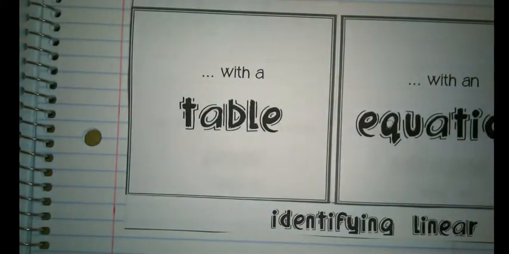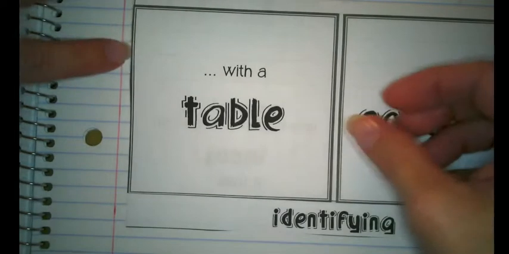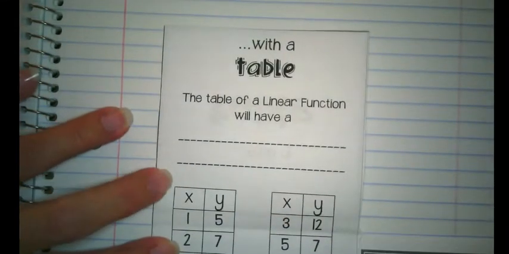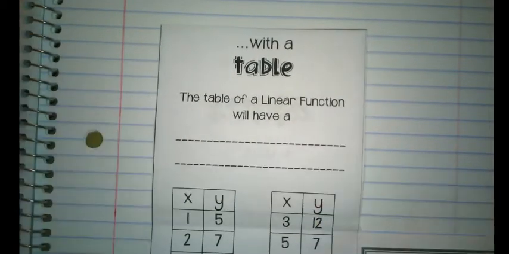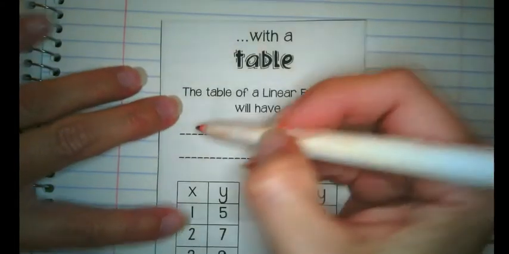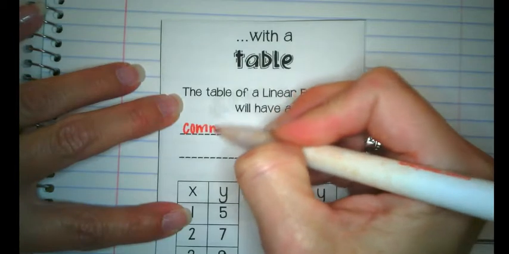We have already discussed what a function is. So we know that in order for it to be a function, all of the x's have to be different values. What we're adding on today is that not only do all the x's have to be different, but we're also going to put some other conditions in it. So first thing, looking at how to identify a linear function using a table. I have some examples here, but first, if we're trying to identify a linear function by looking at a table, a linear function will have a common